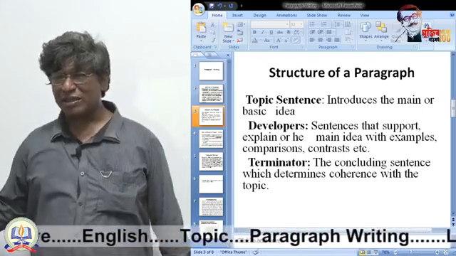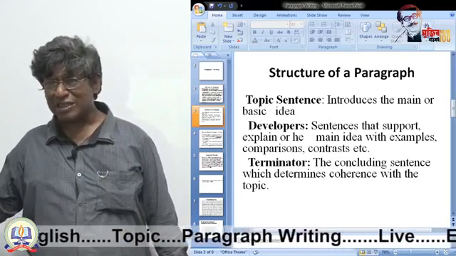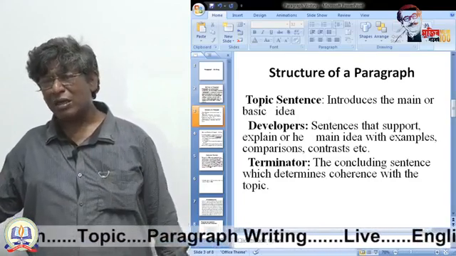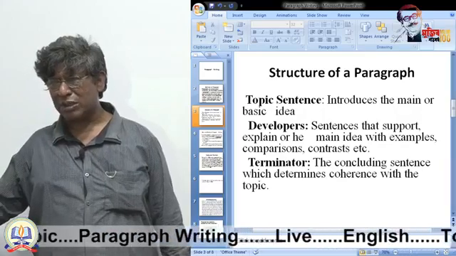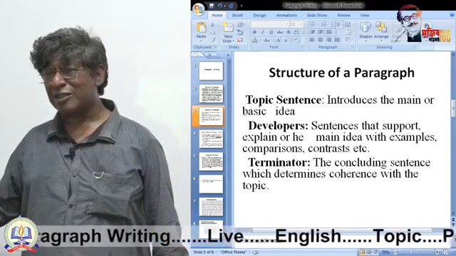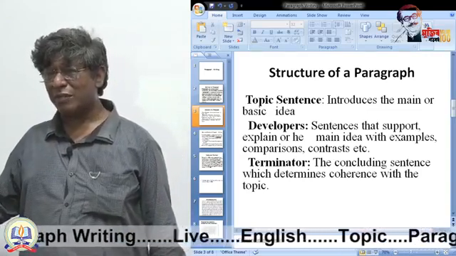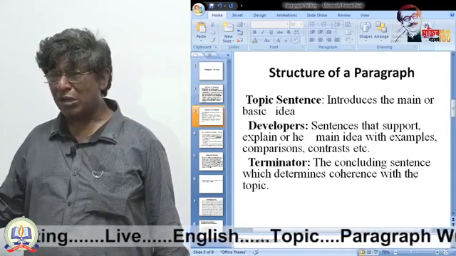After the topic sentence or topic sentence and another one explaining the topic sentence, there come the developers. Developers means a number of sentences, say 4, 5, 6, 7, that support or explain or